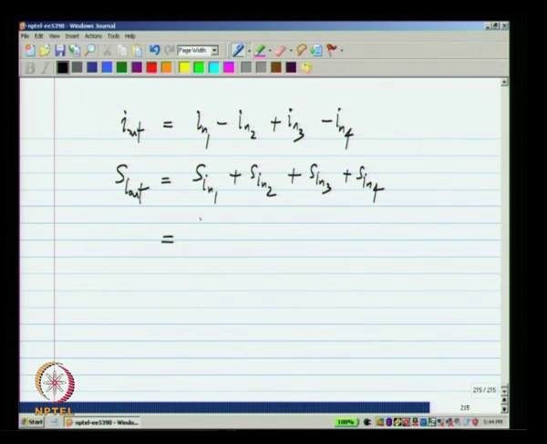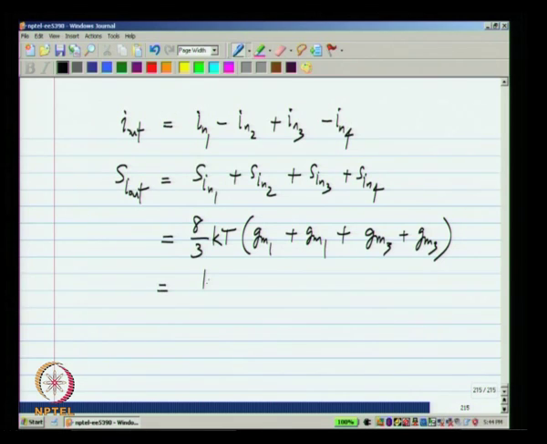IN1 and IN2 are proportional to GM1, IN3 and IN4 are proportional to GM3. So, this is 16 by 3 kT (GM1 plus GM3),